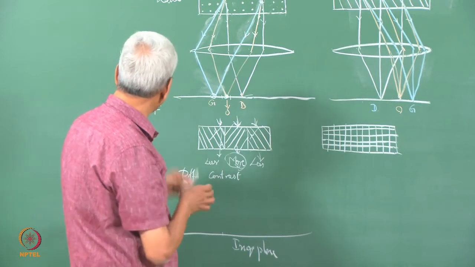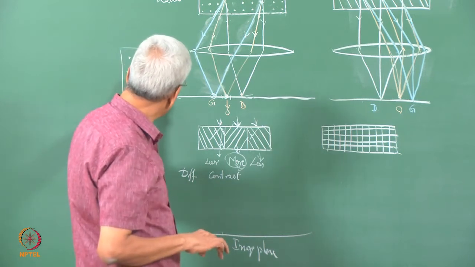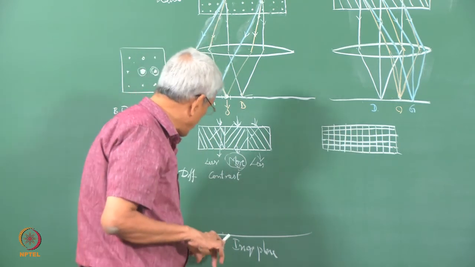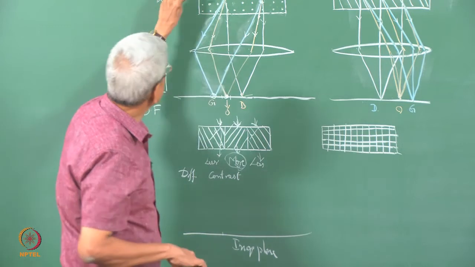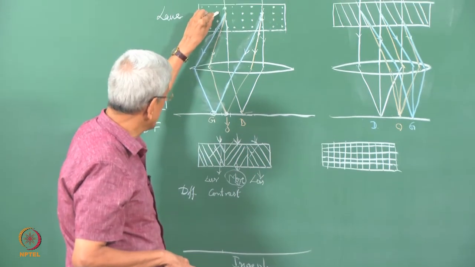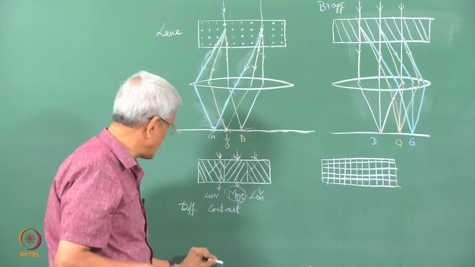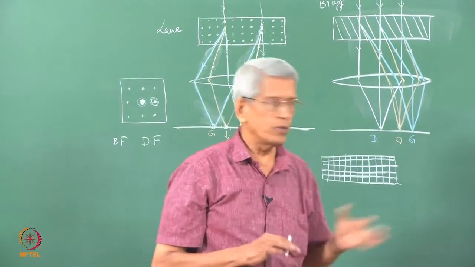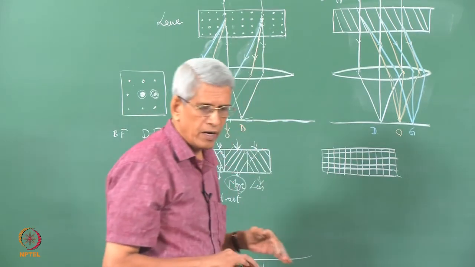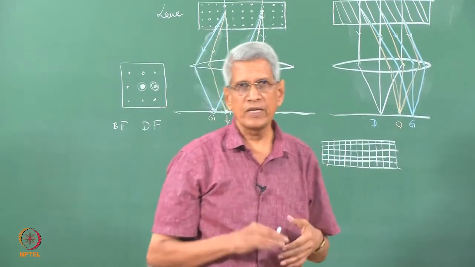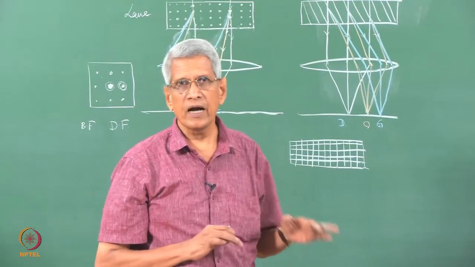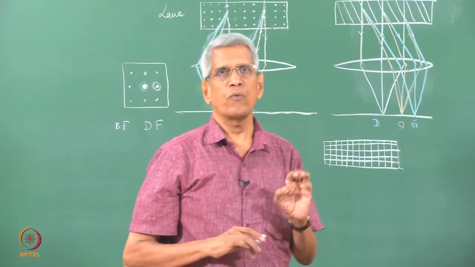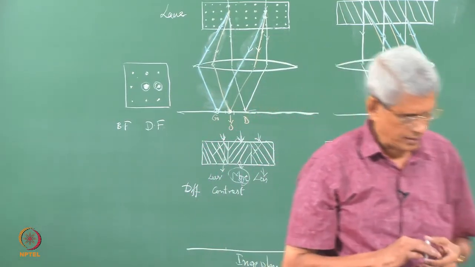In fact, if we use bright field or dark field, the maximum information is not passed on. That is, we do not get the true representation of the sample, because in reality the sample is individual atom positions. The true representation is that we should be able to see all the atom positions. But in bright field or dark field images, we do not get such images. It is essentially some variation in contrast, but we use that variation in contrast and analyze it to find out what types of defects are present in the sample.